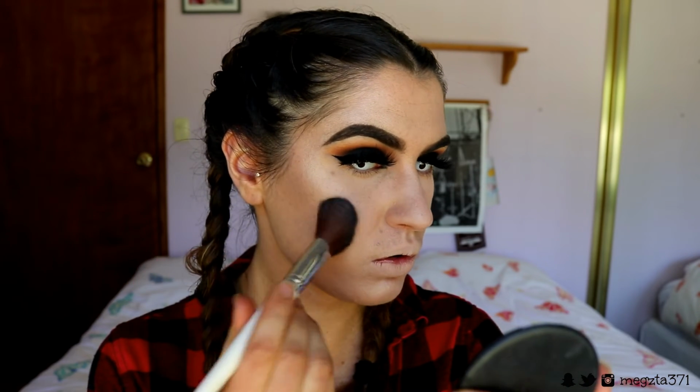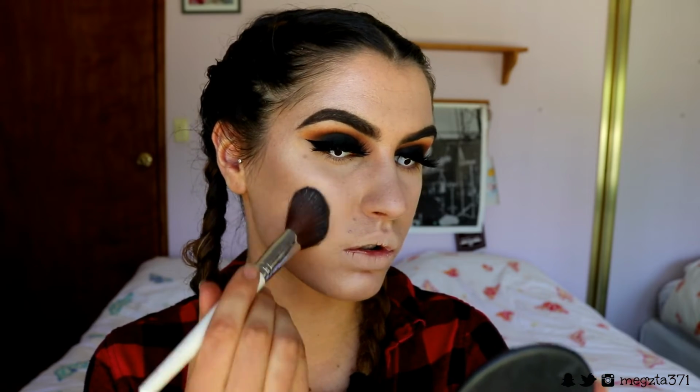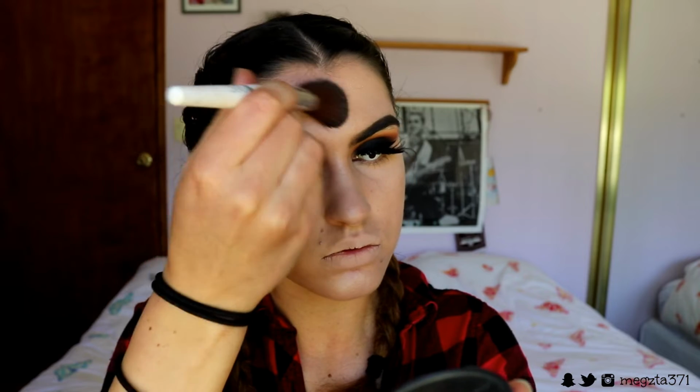So once I've got my lashes applied, I'm going in and just applying some contour powder to the face. This is in the shade Breakup from Makeup Geek. And I'm placing this on just under my cheekbones, carving them out, making a nice chiseled base for this gorgeous scarecrow. Then I'm going to give a bit of shape to my forehead, so contour my forehead,